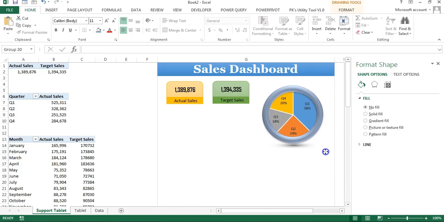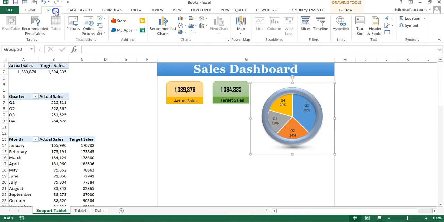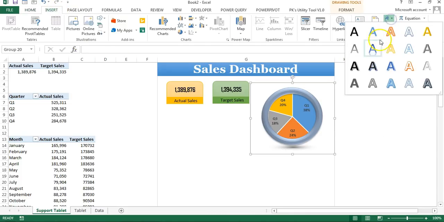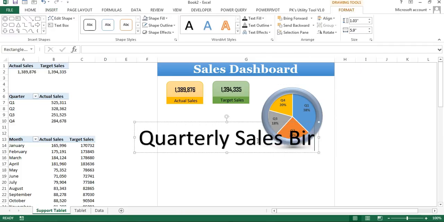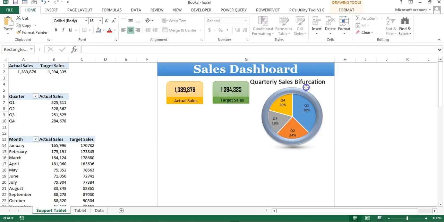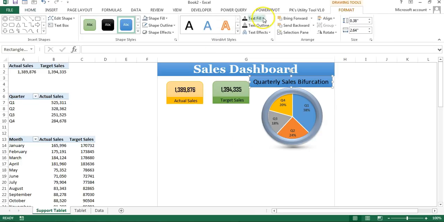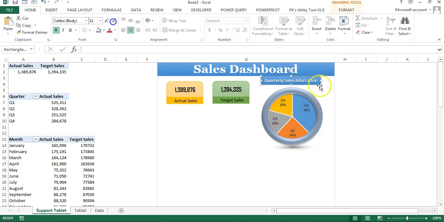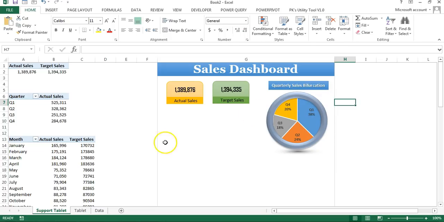We can add the title also if you want to add here. So you can add the simple word art, insert, word art. Let's take this word art and you can type here, simply make it small, go to the format, take the shape style, this one, and font color as well, and make this group. Alright, so we have created the quarterly chart.